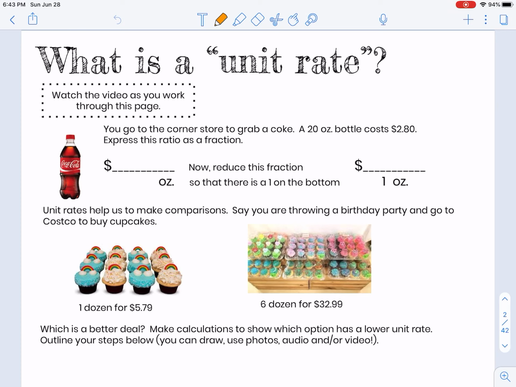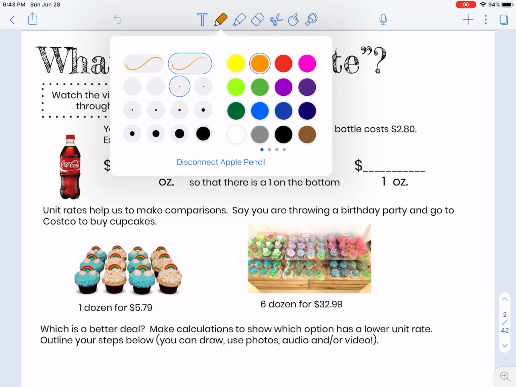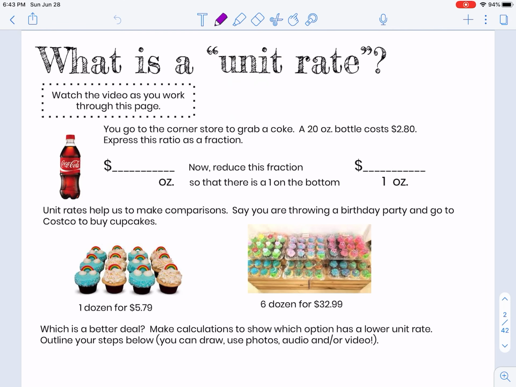All right, so let me give you a minute. You're going to write that. I'll give you a second to write it, and then I'm going to write it also with you. Okay. All right, so if we want to express this ratio as a fraction, we're going to say